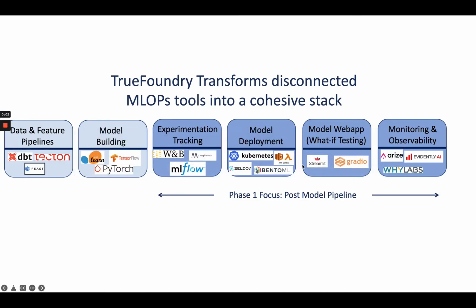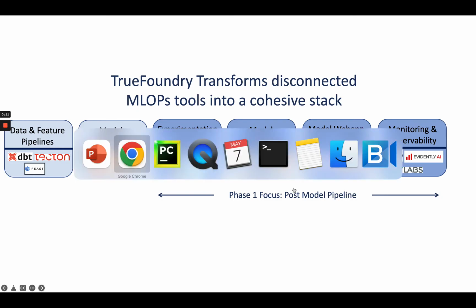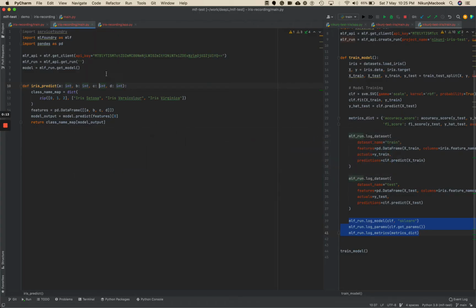So in the first part, we already saw how we can use TrueFoundry to do experiment tracking. And in the second part of the demo, we are going to see how we can do the deployment. For deployment, we start with an inference script written by the user. So far, you can see that this inference script is a vanilla inference script that was written by our user,